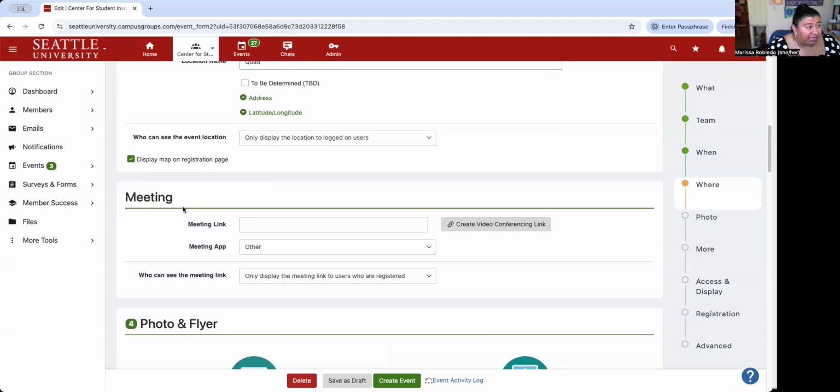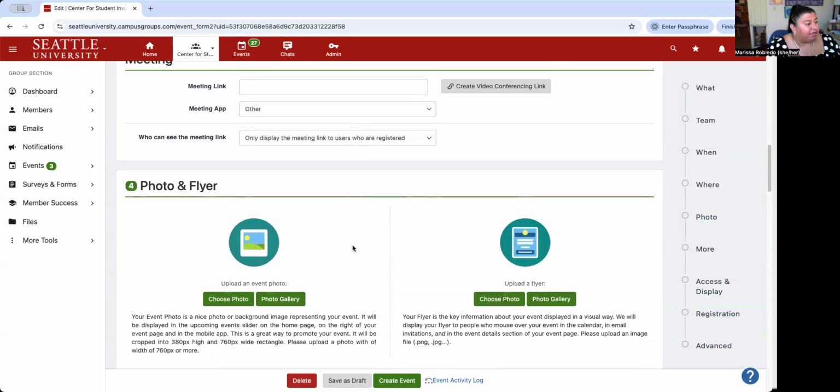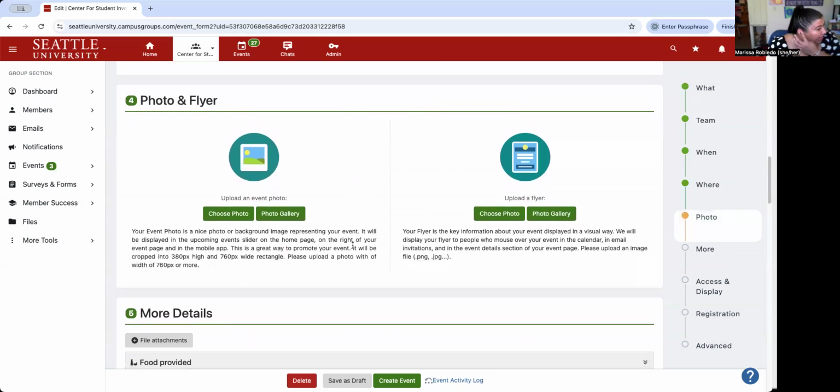We do not have a meeting link, but say that this was going to be a virtual meeting or people that weren't on campus could attend, you would be able to add a link here so students can attend virtually. So here we're going to put an event flyer. We do not have an event flyer yet, but we can upload the event flyer and event photo, and these